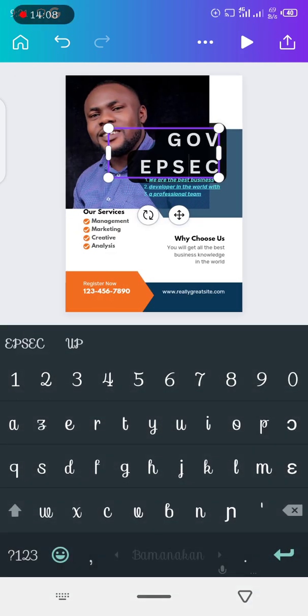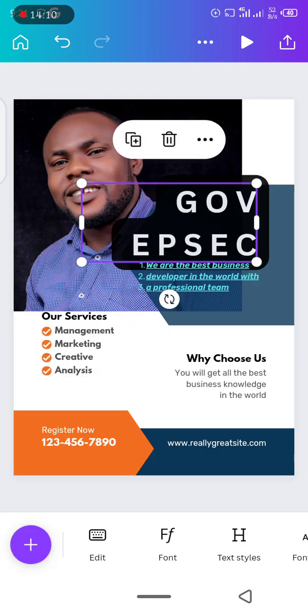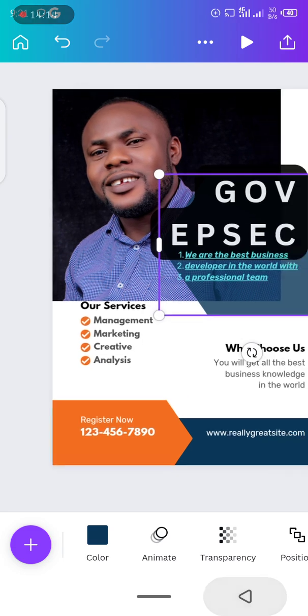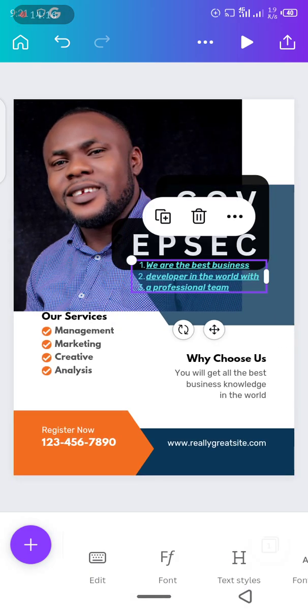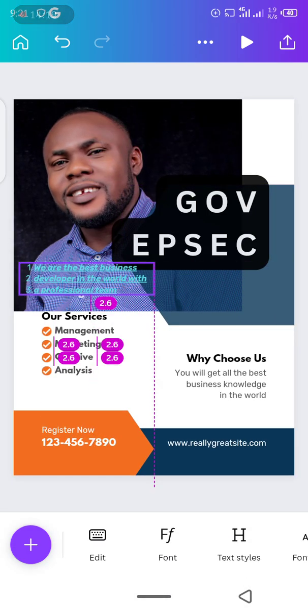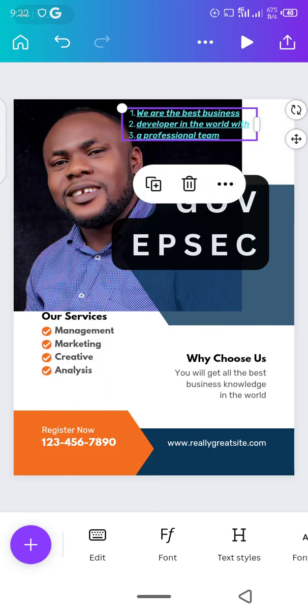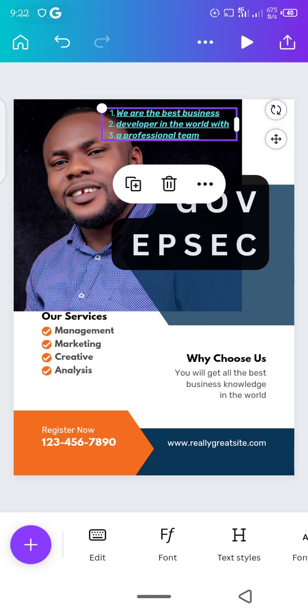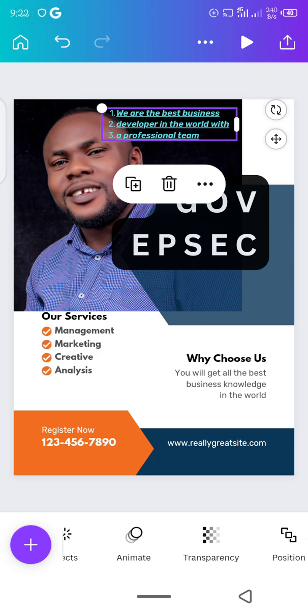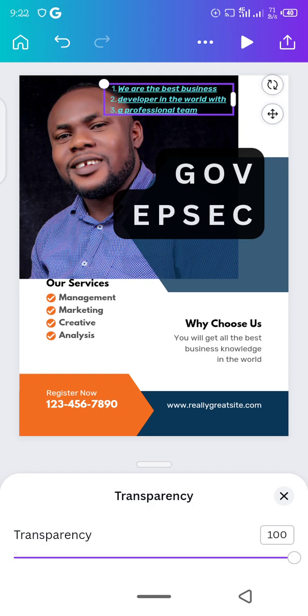Perhaps you want this very text to be at the background. For instance, you want this text now to be at the background. You don't want it to show too much. You want it to be faded at the background. Let me put it up here. So when you go to this very transparency, you can actually fade it and make that very thing to be